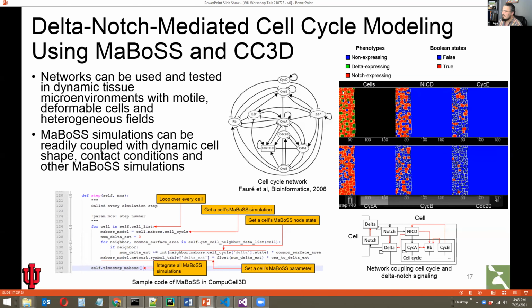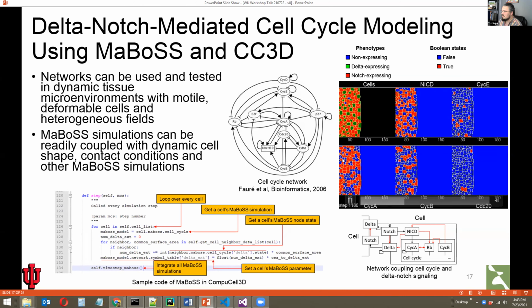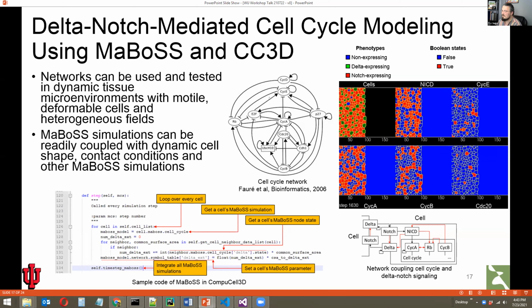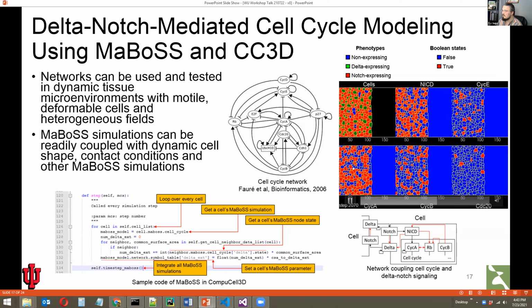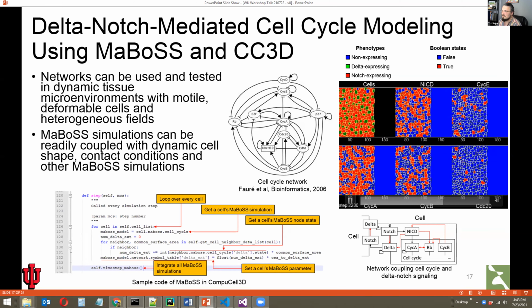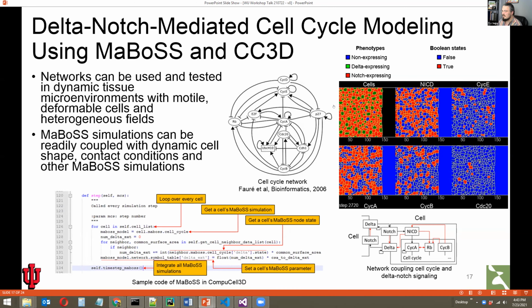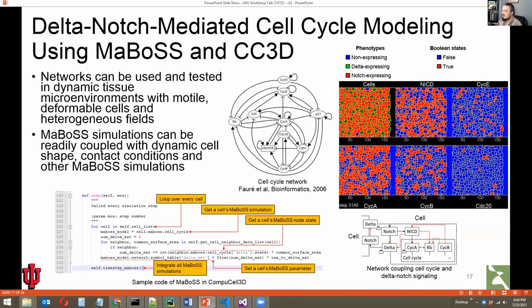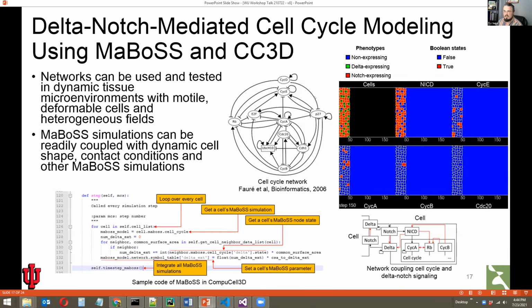So in these simulations, these 5 plots here are showing the high and low states of some of the nodes of interest in these networks, red being true or high, blue being false or low. And then here in the top left, this is showing more of the emergent phenotype of these cells, where the red cells in the top left are notch expressing signals, green cells are delta expressing signals.